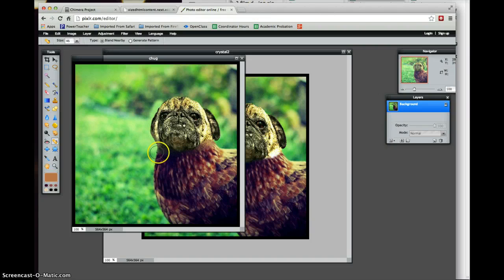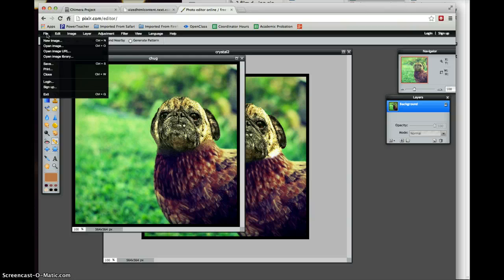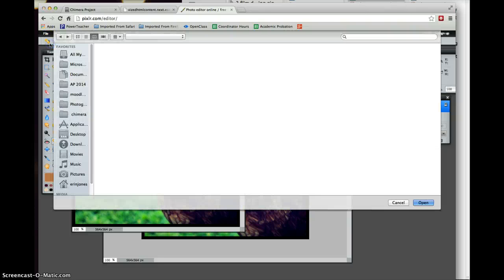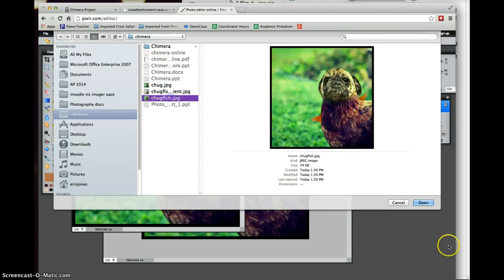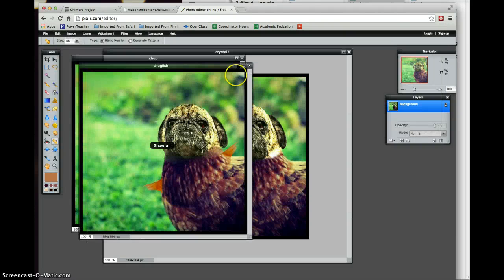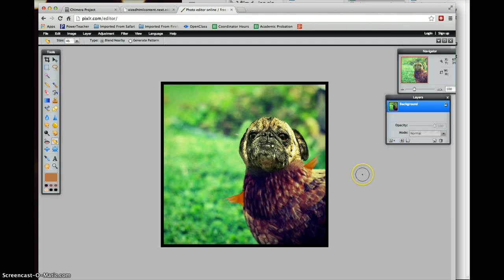I came in and blended carefully, and I would select and use my zoom tool to make sure you get it right. Okay, the next step after that would be to combine a third animal. And for that one, I chose a fish, so we ended up with our chug fish. I repeated the same steps where I cut and paste out the areas of a goldfish. I took its little gills,